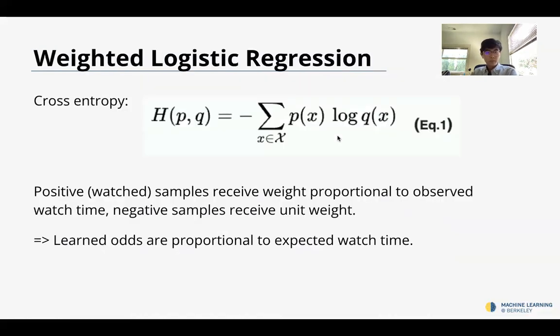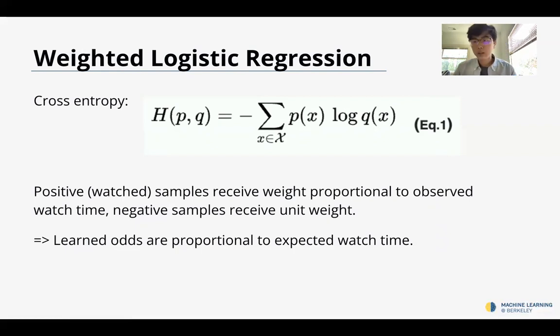Well, you'll give the positive samples a weight proportional to the observed watch time, and negative samples will receive unit weight. And this, they explain, makes it so that the learned odds that you predict are proportional to the expected watch time. And an intuition you can have about why this works, or at least why the math works out, is like,